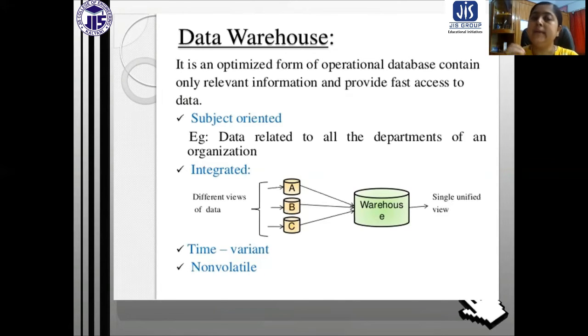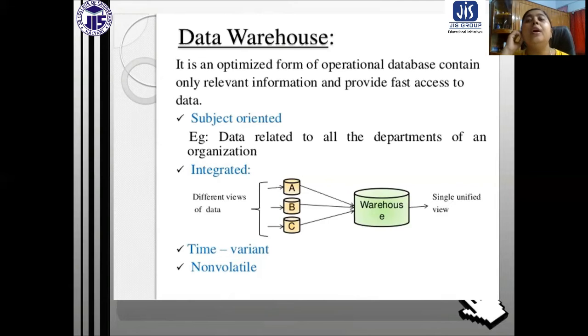Whatever data is relevant to that specific purpose, only those data are going to come. Irrelevant data are not going to be stored in the data warehouse; we don't require irrelevant data. Only data relevant for the application for which we build the data warehouse are stored. This is basically the main thing, subject orientation.